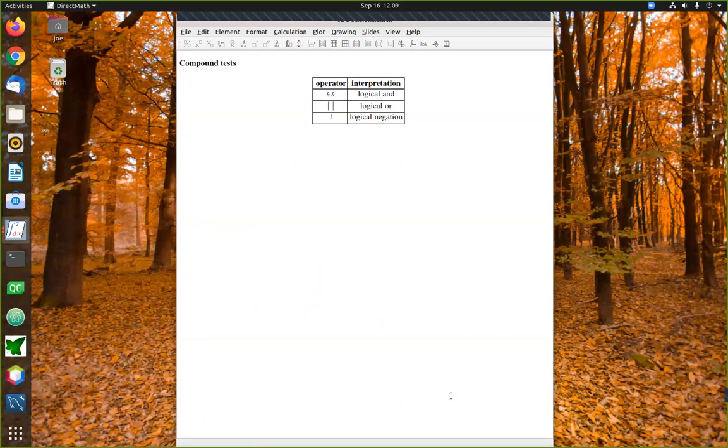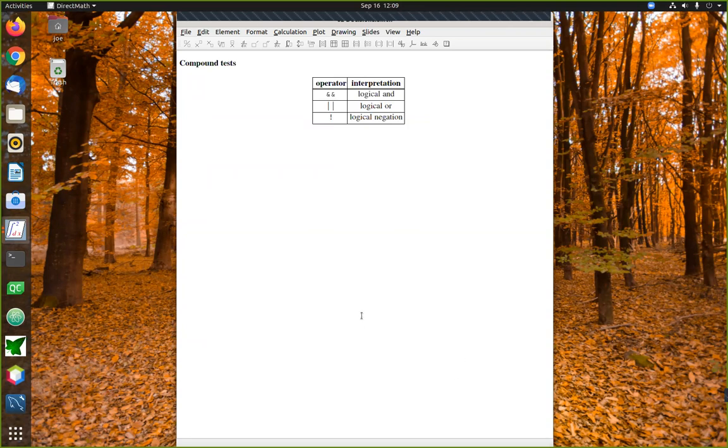Okay, now here's the next thing I'm going to talk about in relation to if-else statements. This involves what's called a compound test. Because sometimes when you ask a question, the question may be sufficiently complex that it requires you to ask what is effectively more than one question at the same time. And so what you need to be able to do that is you need a mechanism that allows you to ask more than one question. And the main mechanism in Java that allows you to ask more than one question at the same time are these operators that allow you to form what are called compound tests.